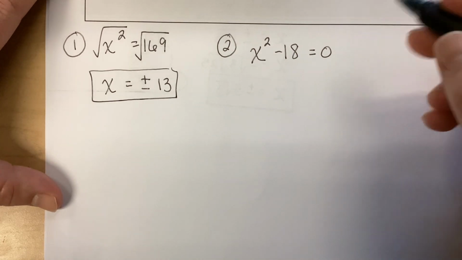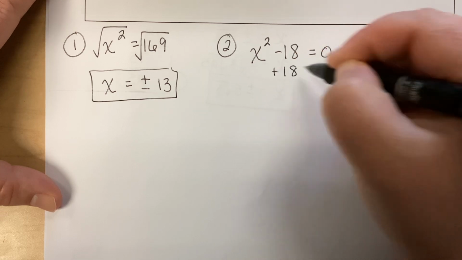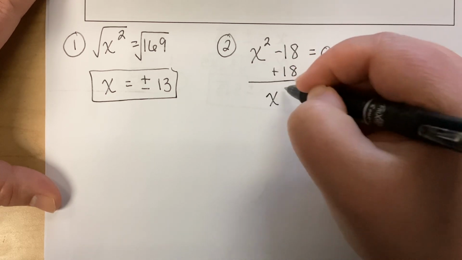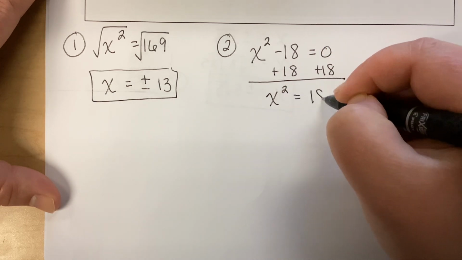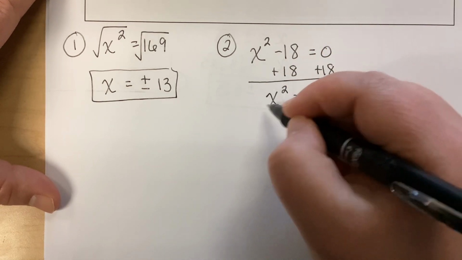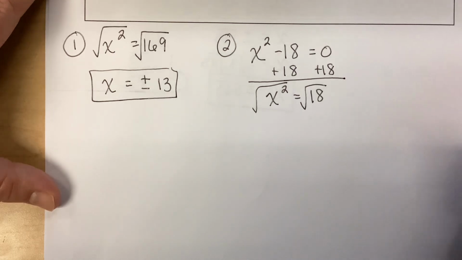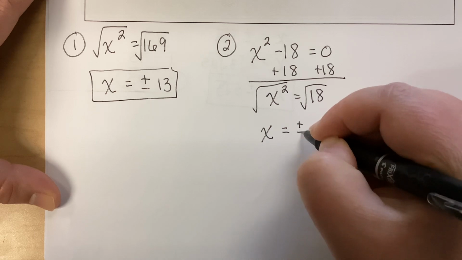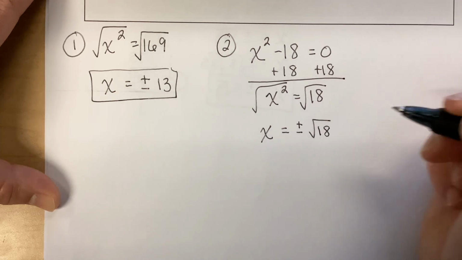All right, number 2, we have x squared minus 18 equals 0. This time we have to get rid of the constant, so I'm going to add it to both sides. And then we have x squared equals 18. X squared is isolated, so let's take the square root of both sides. This time we have a radical that is not a perfect square. So I have x equals plus or minus the square root of 18,